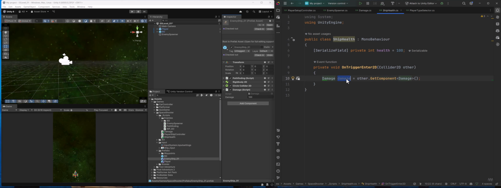So what it's saying here is this variable damage is going to store a reference to that damage script. We haven't actually gotten how much damage it is, right? As we bump into the other object, it's going to look for this script. And if it exists, we haven't actually checked if it's null or not, but if it exists, we're going to store this in here. And then what we can do is we can say,